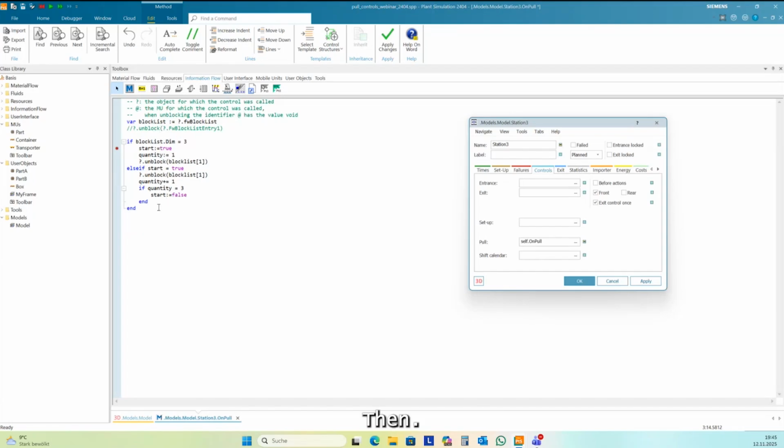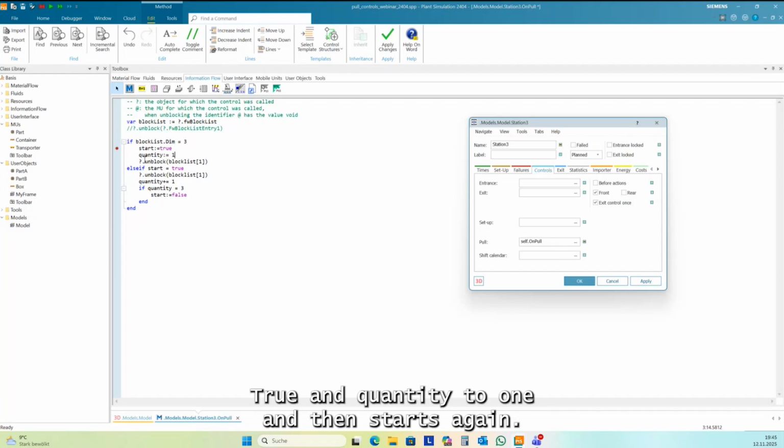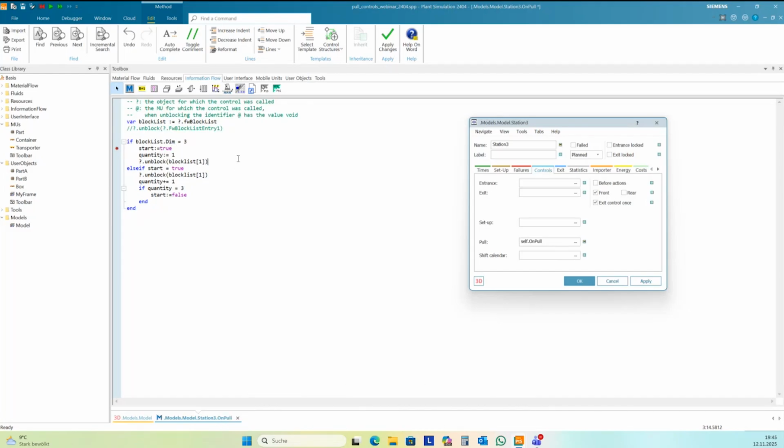Then after the next call, it checks if the block list is complete. If the block list is again full with 3 entries, then I set start again to true and quantity to 1, and then it starts again.